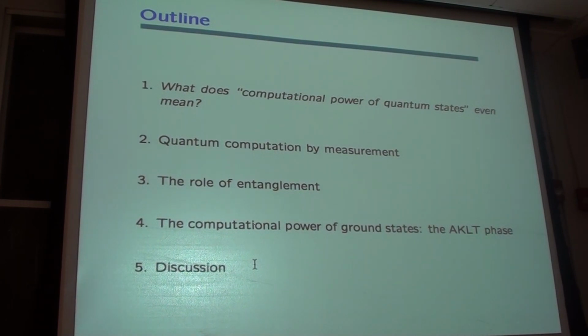It's not as simple as that. I want to go a little bit into it. I want to give you a very intuitive result of the role of entanglement in quantum computation and a very counterintuitive example. Then we are talking about specific physical quantum states and their computational power,